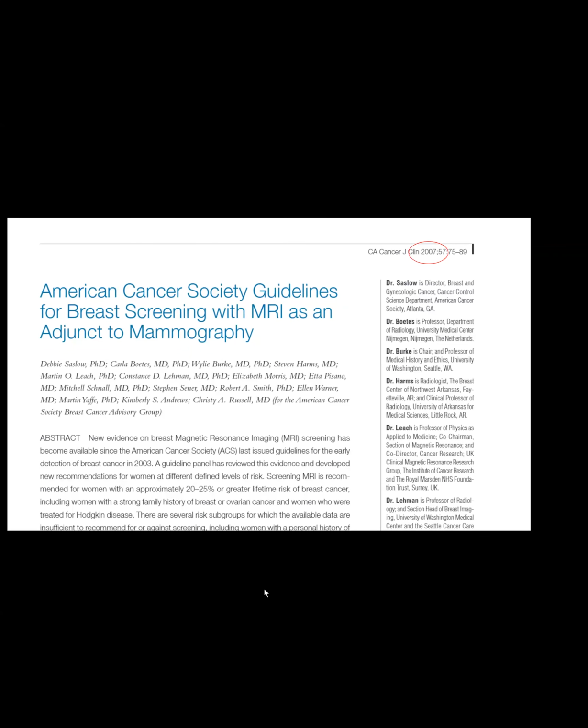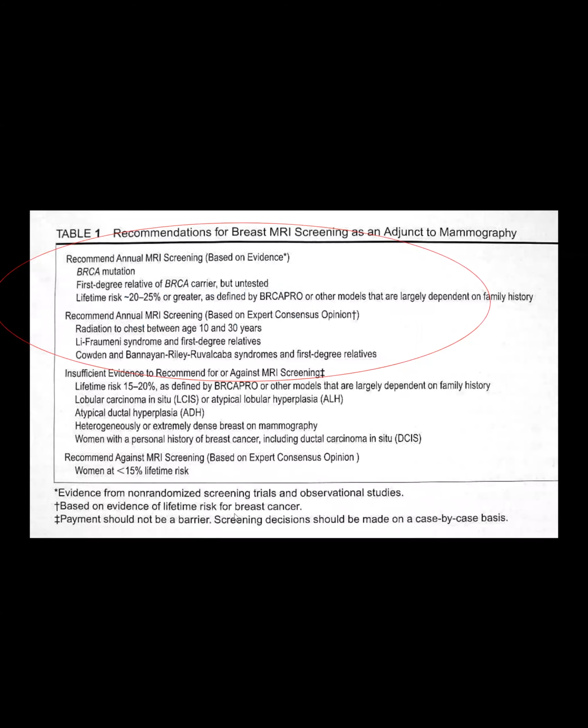tissue. So in 2007, the American Cancer Society guidelines for using breast MRI as a screening modality was fairly limited only to the very high risk women who have mutations in their genes or a syndrome that predisposes them to get breast cancer. But they didn't make comment on women who have